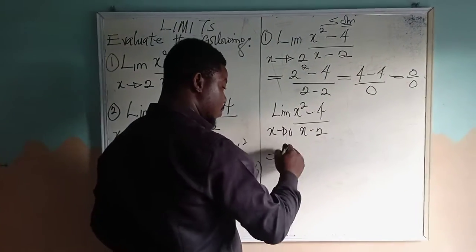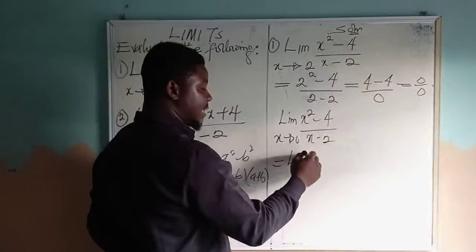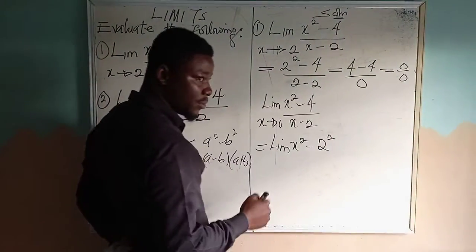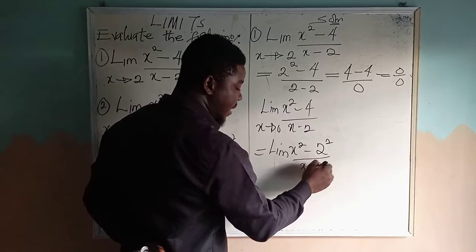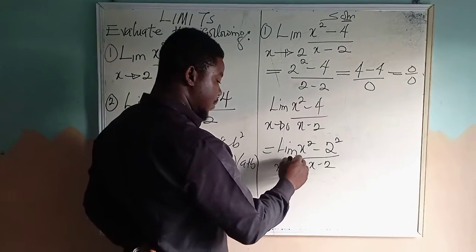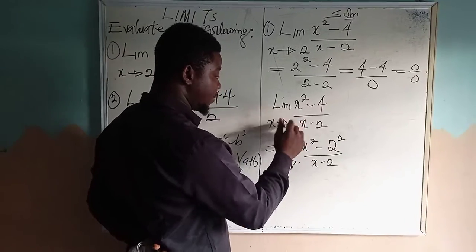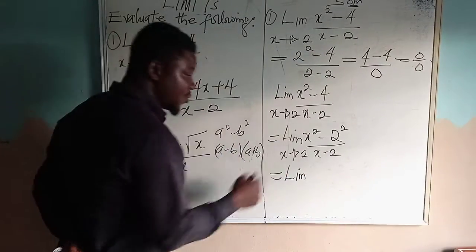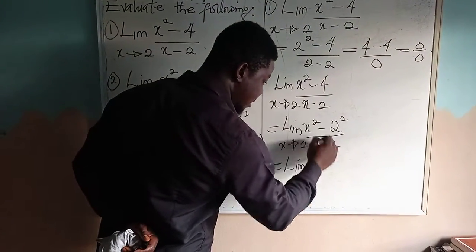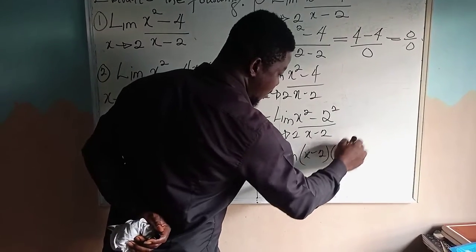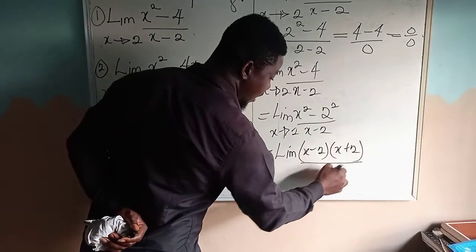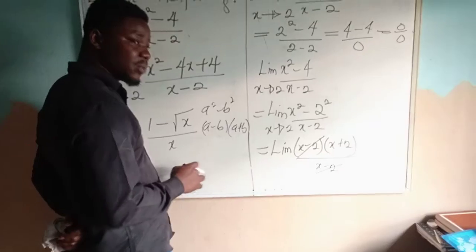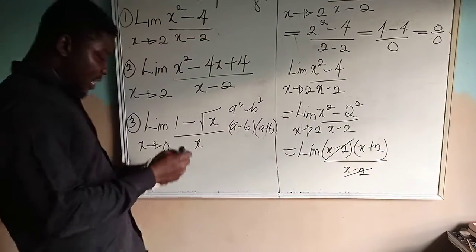So this is going to be equal to limit of x to power 2 minus, of course, 4 is the same thing as 2 raised to the power of 2, and then divided by x minus 2 here, as x approaches 2. And then expressing this in terms of the difference of two squares, you have limit of (x minus 2)(x plus 2), and then you divide everything by x minus 2 here. Of course, this x minus 2 eliminates x minus 2 from there. And then you'll be left with